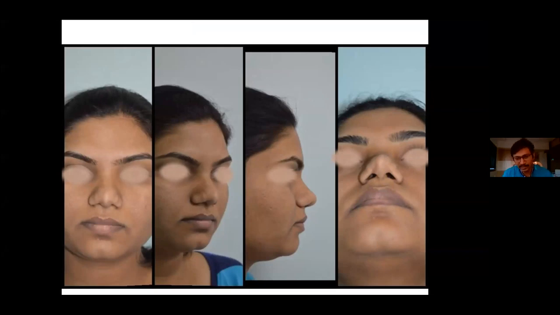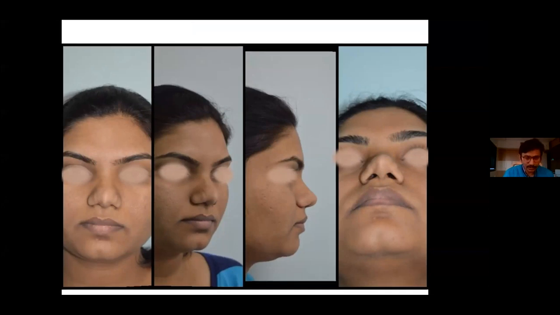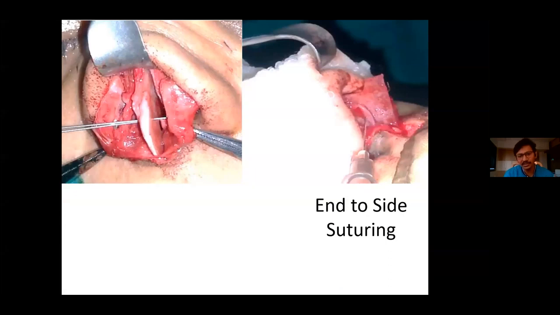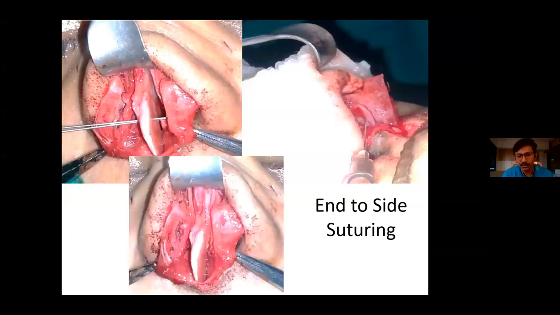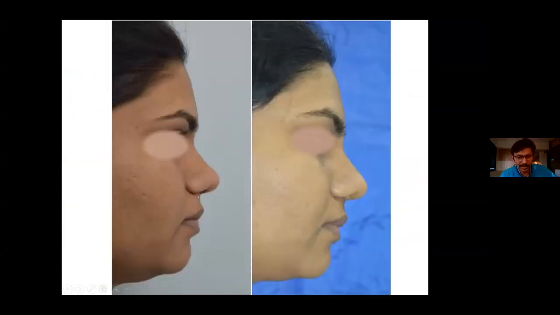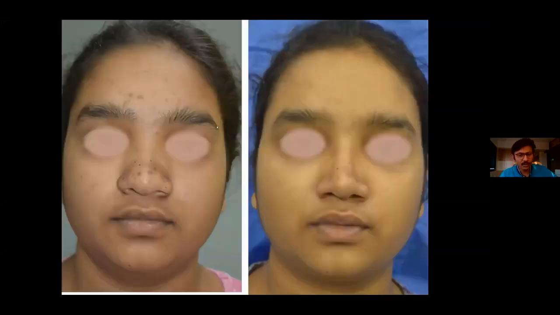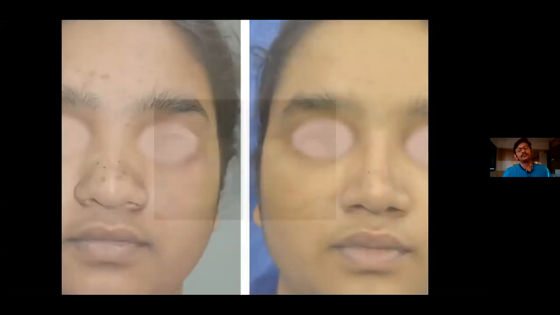Now looking at the cases, this is a girl who wanted an improvement in the shape of the nose. She has a broad tip and very thick skin, so tip sutures were not going to suffice. So we used a septal extension graft. This is how she was. The columellar retraction, as you can see here, is also corrected. A broad tip, thick skin. We did a dorsal augmentation, and we could control the width of the tip, and the projection was given by tip grafts.